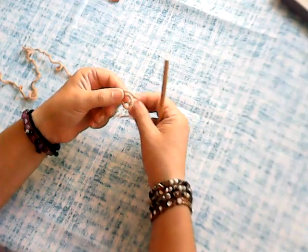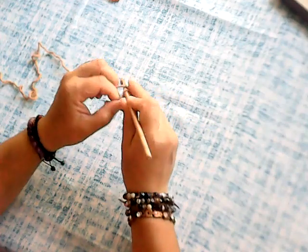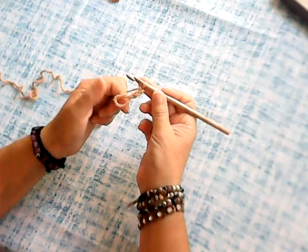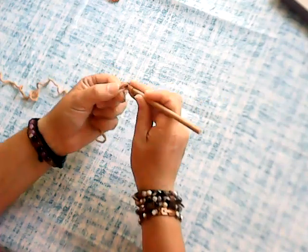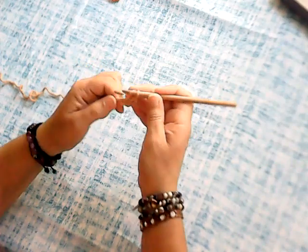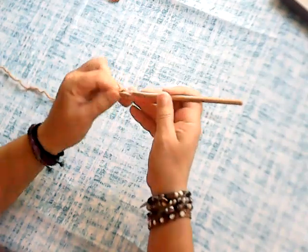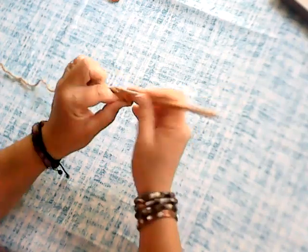We make a ring, and inside the ring we first put 3 chains. The 3 chains count as the first stitch, the double crochet. So we now make 4 more double crochet. In total, in the first part, we have 5 double crochet. Okay, so I have 2, 3, 4, and 5